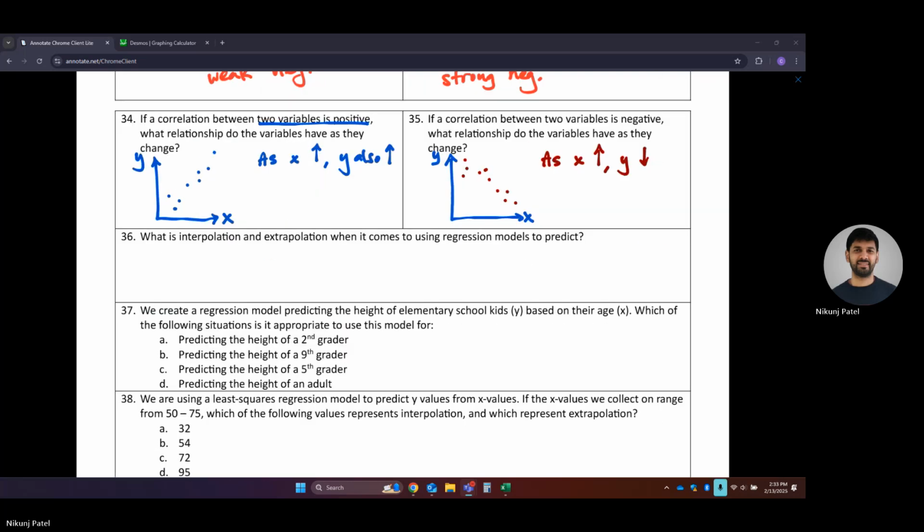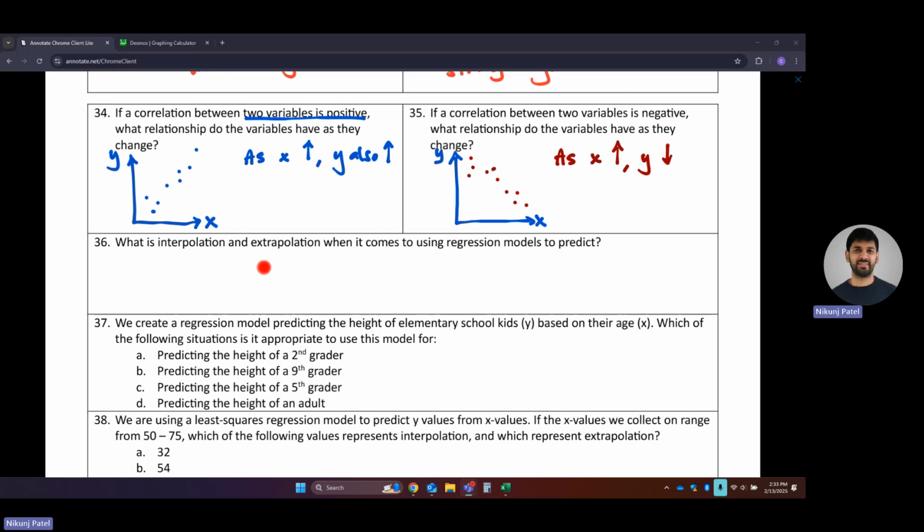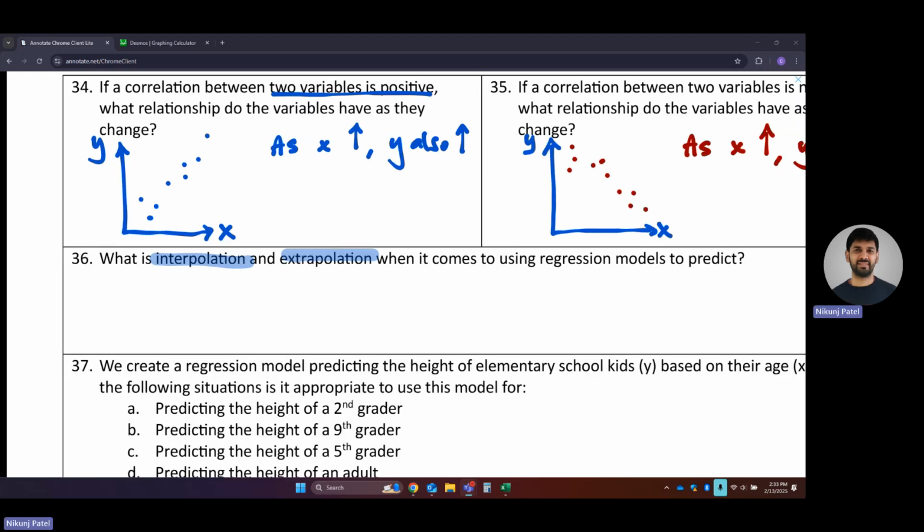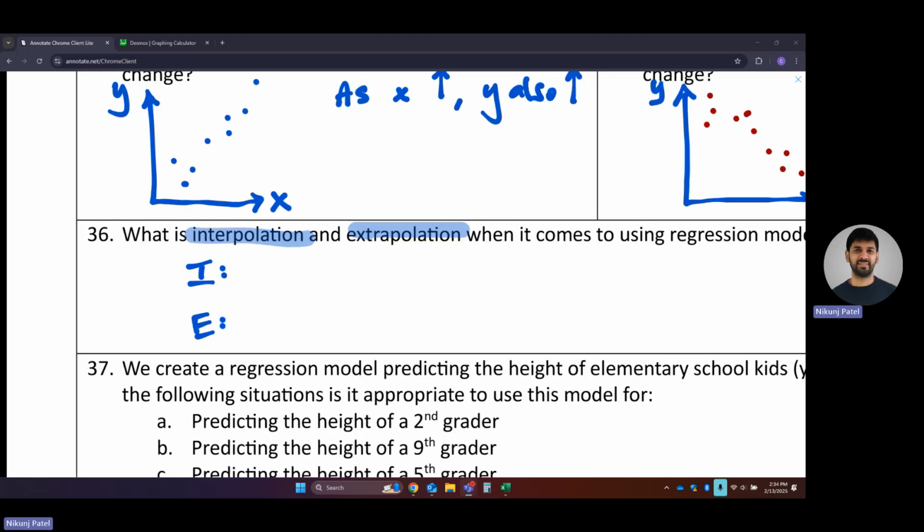What are interpolation and extrapolation? These are two vocab words that we talked about in the notes, and they represent different types of regression. Interpolation, and I'll just write the letter I for interpolation and E for extrapolation. There's a full definition in the solution key towards the back that you can read out entirely, but in short, interpolation is predicting,